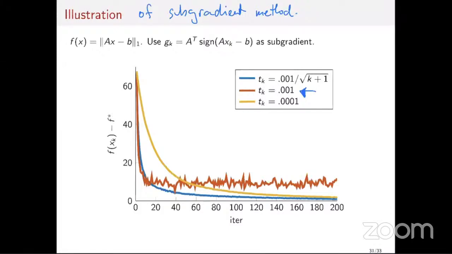This is all I wanted to say for this afternoon session. Tomorrow we will look at some better methods to handle non-smooth functions, methods that exploit the structure of the objective function. As I mentioned, if your function is composed of a smooth term and a non-smooth term, we'll see how to exploit such a structure. These methods are typically much better than the subgradient method. I will stop here, and if you have questions, please put them on the chat, and I will try to answer them.